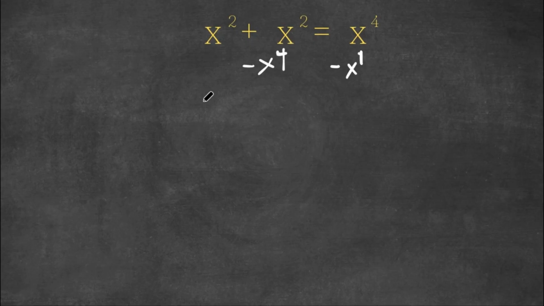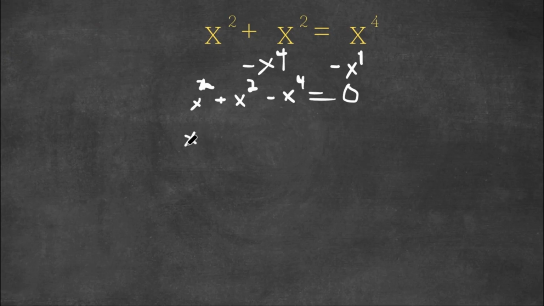So now we have x squared plus x squared minus x to the power of 4 is equal to 0. Now what I'm going to do is I'm going to factor out the greatest common factor of all these terms, which is actually x squared. So now we have x squared